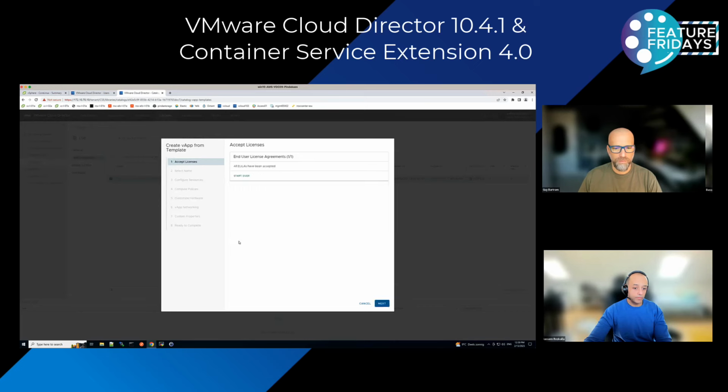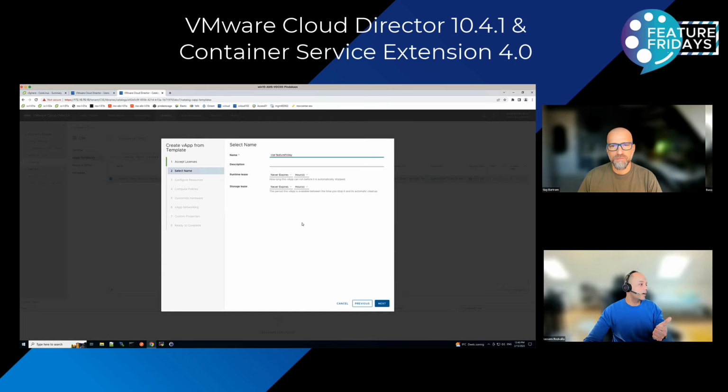Then once this is done, you go here and say create a VApp from this template. You need to accept the individual license agreement. I'll not create it, I just want to show you where it needs to be configured. I was going to say, you're not logged in as a CSE server user account, are you? No, you don't need to be logged in. You need one time to log in with the CSE service account to be able to generate an API token. It is a service account. Yes, got it. You log into that user one time, go to preferences, generate an API token, and that's it.